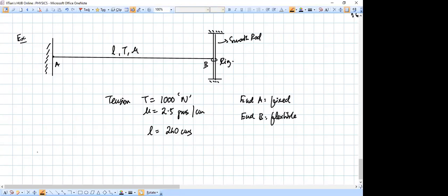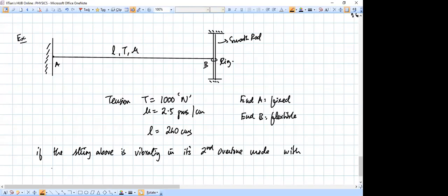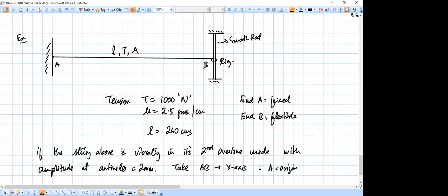Okay, so if the string above is vibrating in its second overtone mode, okay, with amplitude at the antinodes equal to 2 millimeter, okay, take EB as your x-axis with the point A as your origin, okay, and